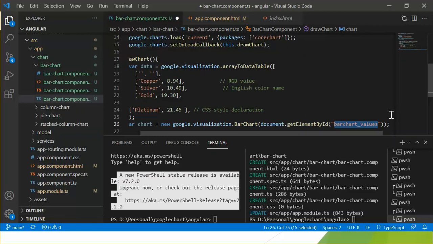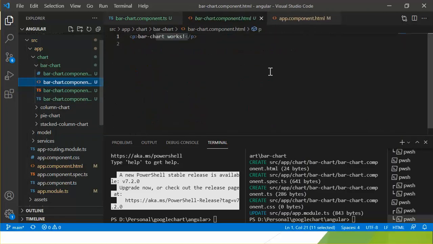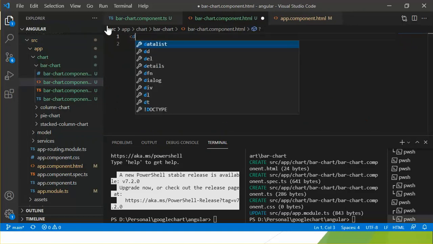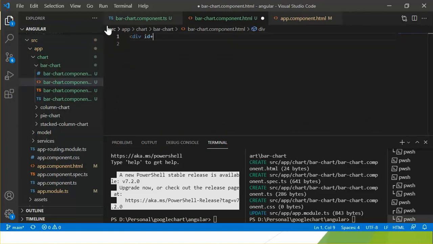I'm changing the name of this element, so here div_bar_chart. Now I need to add this element into my HTML file. So let's delete it and add the div. The ID should be div_bar_chart. This is the placeholder. The bar chart will be rendered on this placeholder.